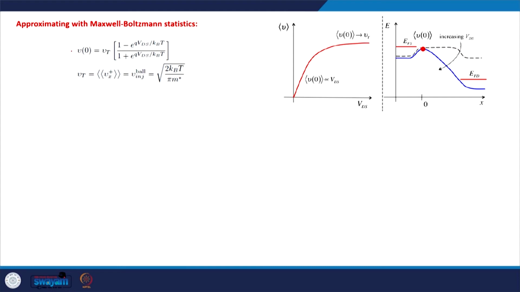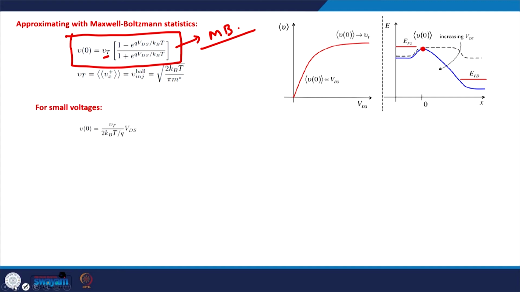the injection velocity at x equal to 0, which is the thermal velocity, square root of 2 kt by pi m star, times 1 minus exponential q v d s by kt divided by 1 plus exponential q v d s by kt. So this is what becomes of the expression for the injection velocity when we assume Maxwell-Boltzmann statistics, which is a fair assumption at low biases particularly and in equilibrium. So for small voltages, if this VDS is very very small, in that case